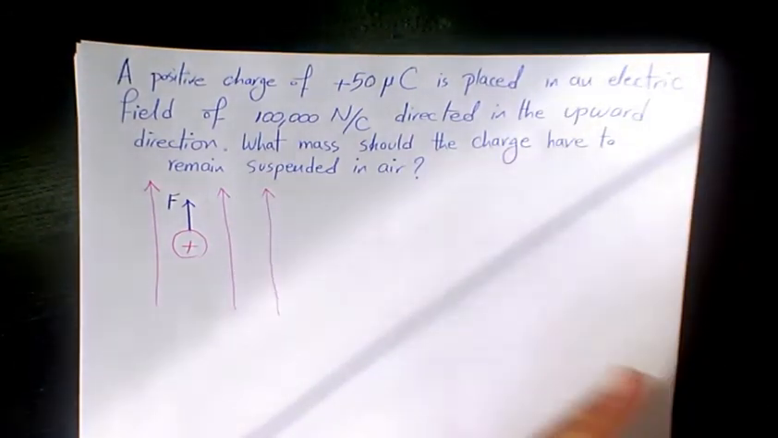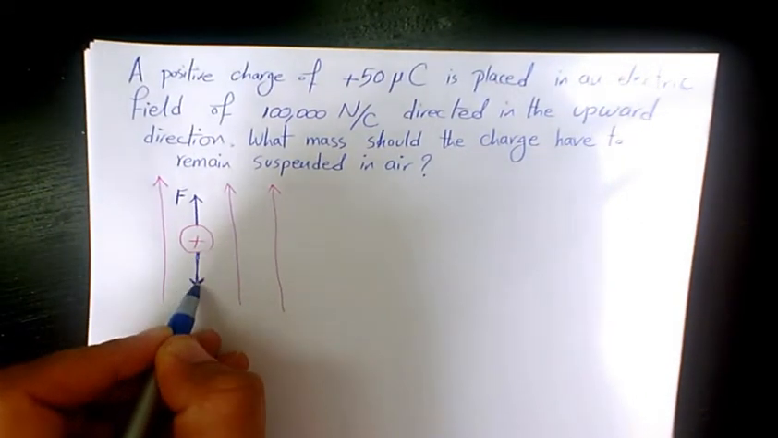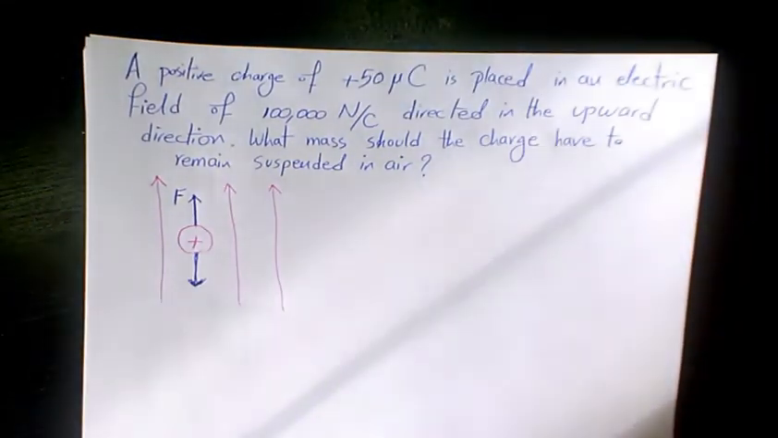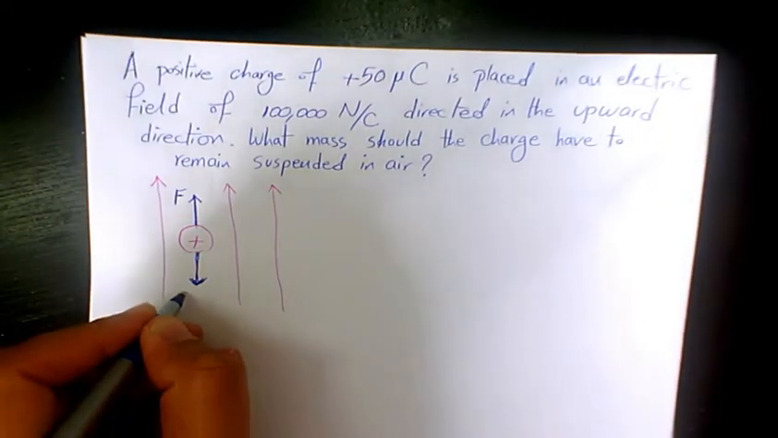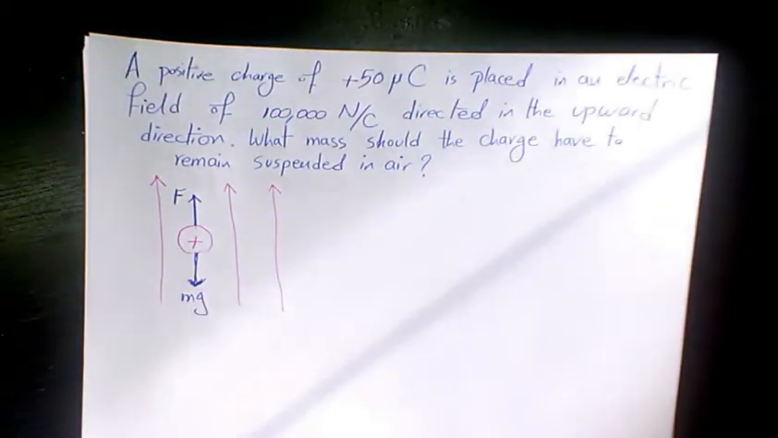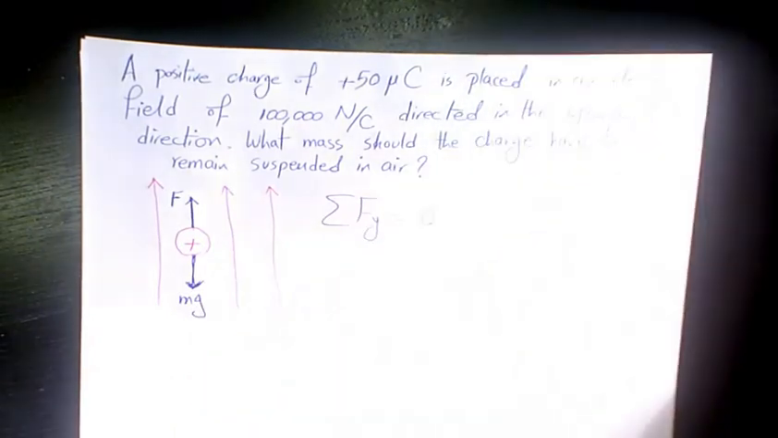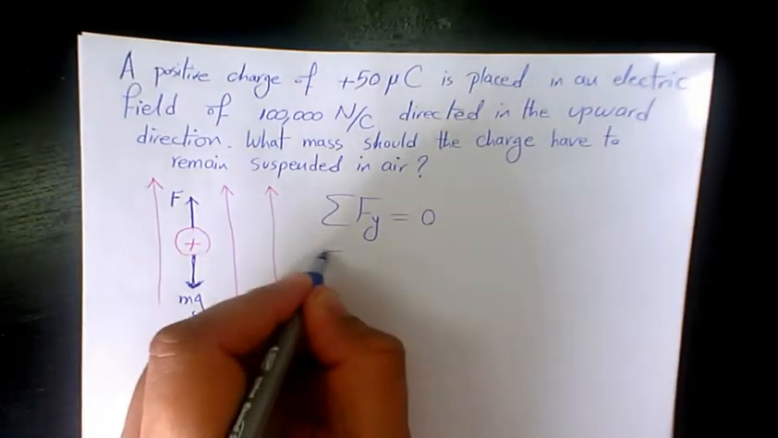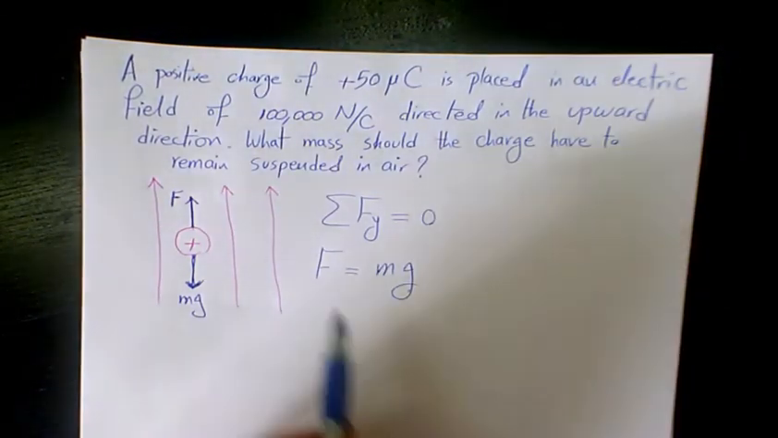So if it's suspended, it means that we need to have exactly the same force going down, which is the gravitational force, and it is m times g. So in order to be suspended in air, sigma Fy has to be equal to 0. It means that F has to be equal to mg. F is